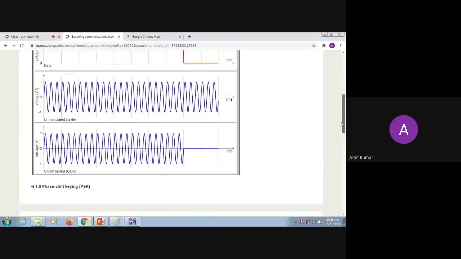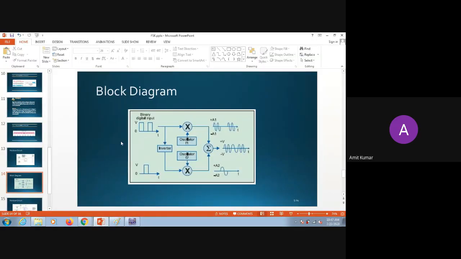Now if you see the ASK signal, the last two will be 0, the others will be the carrier frequency. Now if you add these two together, you will be able to receive your FSK. Both have different frequencies, and if you combine them together, they are at different timestamps, so you will be able to generate your FSK signal. So this is the way. Take a look at this block diagram. If you have any doubt in this block diagram, just ask me. Then we will go for building the circuit in Multisim.